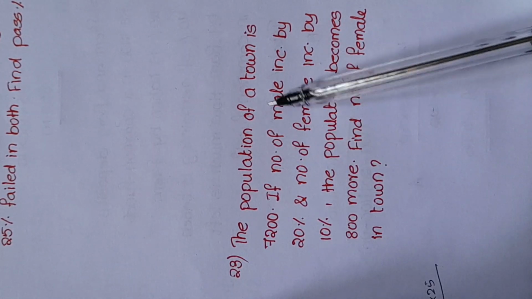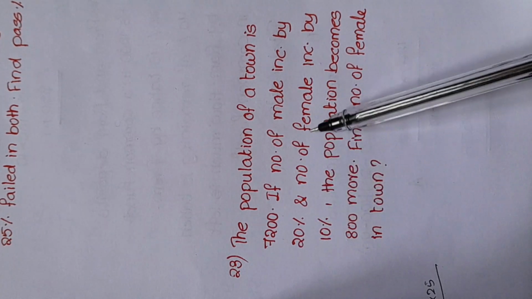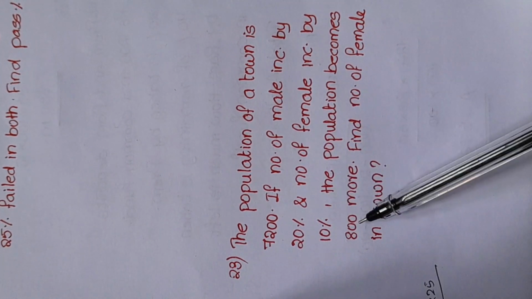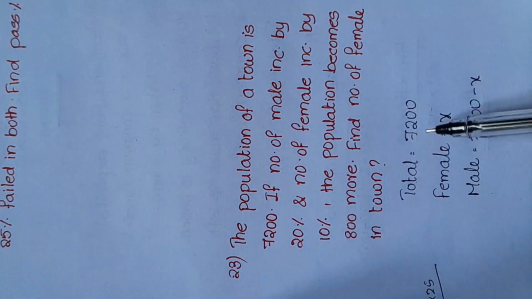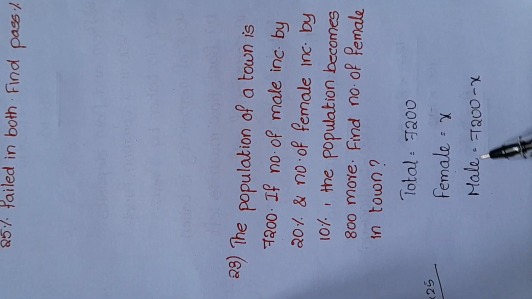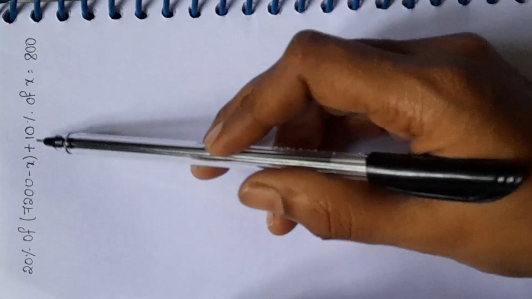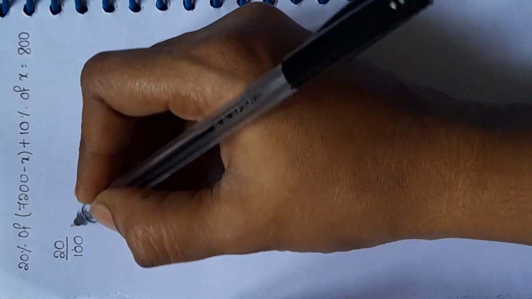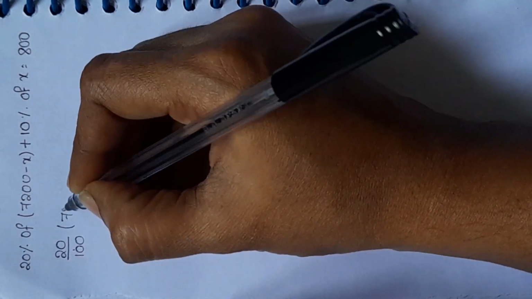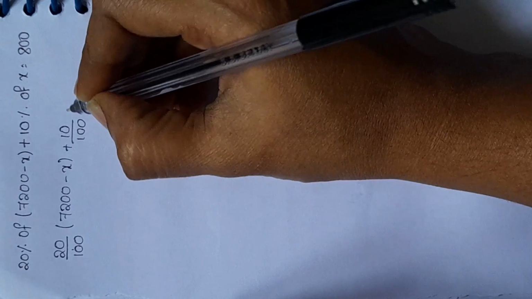Question number 23. The population of a town is 7,200. If number of male is increased by 20% and number of female is increased by 10%, the population becomes 800 more. Find the number of female in the town. Here the total population is 7,200. Let the female be x, then the male becomes 7,200 minus x. 20% of 7,200 minus x, that is male, plus 10% of x, that is female, is equal to 800 is given. We can write this as 20 by 100 into 7,200 minus x plus 10 by 100 of x is